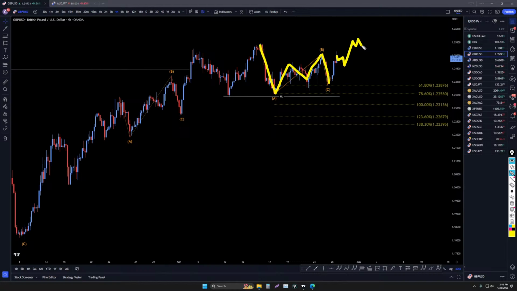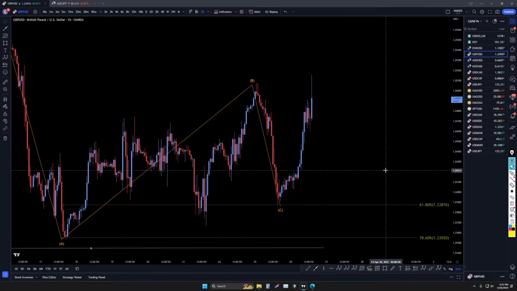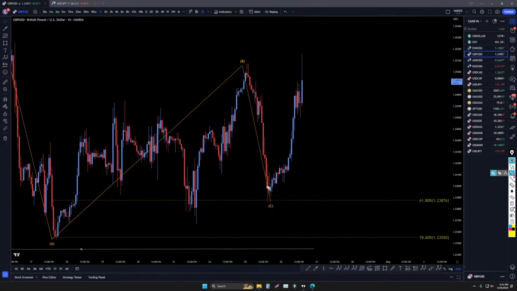and I don't really see any reason to think it's over. Like I said about the other one, it may make a pullback, but even if it does make a pullback, I do believe it's just going to be a correction, and I do believe it will continue the uptrend. Down to the 1-hour time frame, we definitely have the shape of a 1, 2, 3, 4, 5 right here,